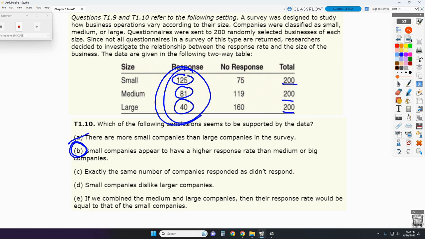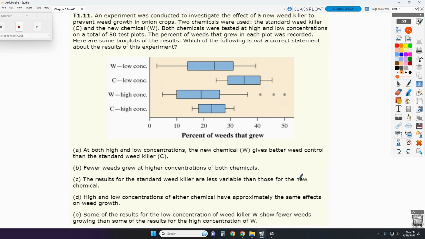to move on. Number 11, an experiment was conducted to investigate the effect of a new weed killer to prevent weed growth in onion crops. Two chemicals were used. We have the standard weed killer, C, and the new chemical, W. Both chemicals were tested at high and low concentrations on a total of 50 test plots. The percent of weeds that grew in each plot was recorded. Here are the box plots of the results. Which of the following is not a correct statement about the results of the experiment? Now again, we're going to have to go through these 5 one at a time until we find the one